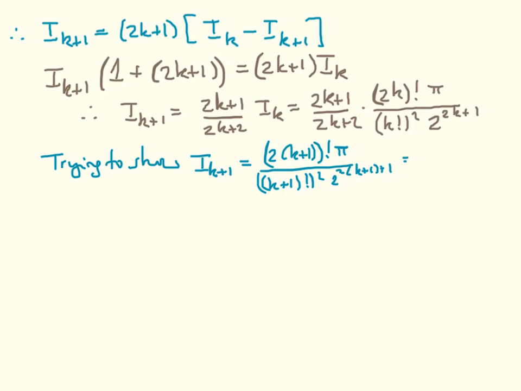So let's just expand that out a little bit. This is (2k+2) factorial times pi over (k+1) factorial, all squared, and it is 2 to the 2k plus 2 plus 1, so it's 2k plus 3. So what we want to show is that this is equal to that, and then we will have obtained our result. So from this equation we have